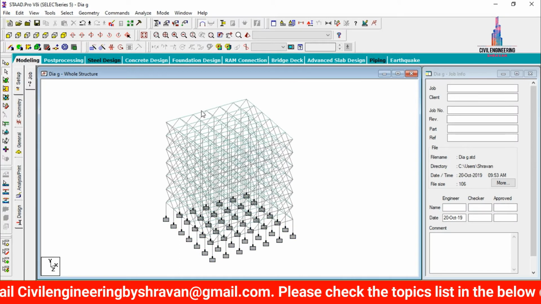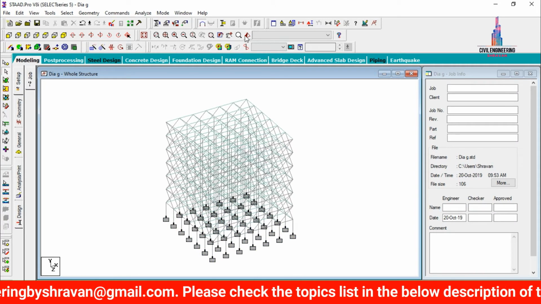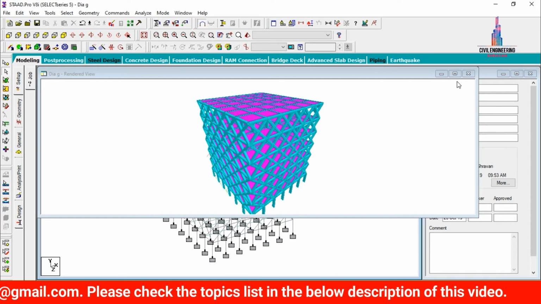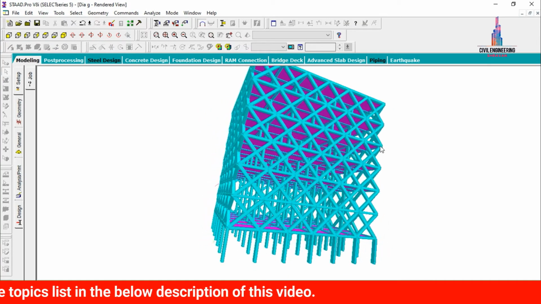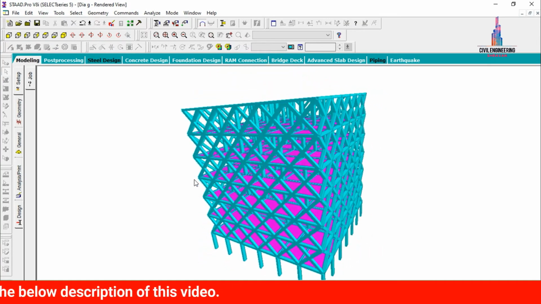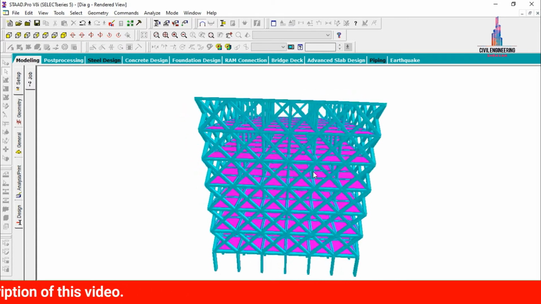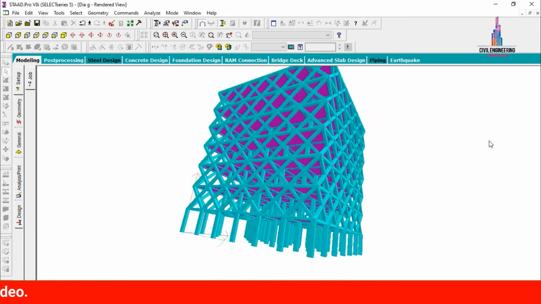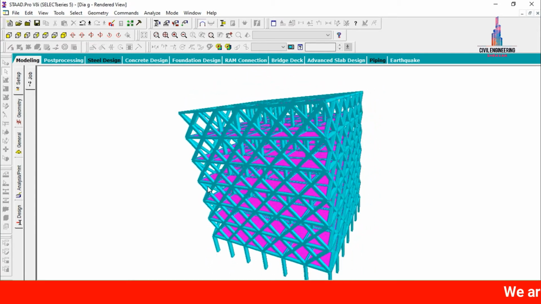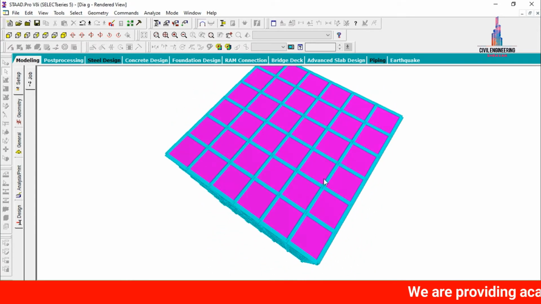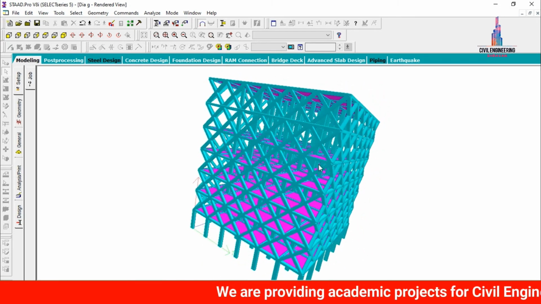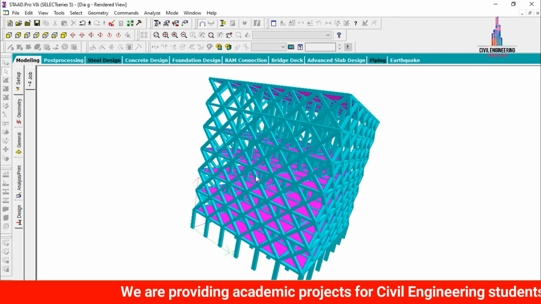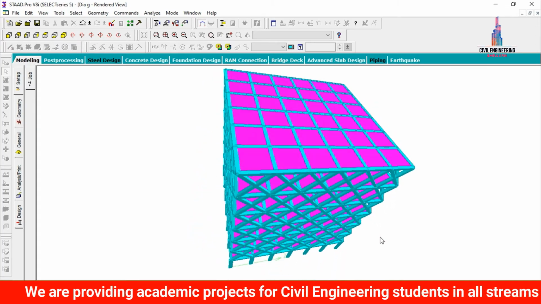Now we have to see this model in rendering view. So for that, click on 3D rendering view option here. So select this 3D rendering view option. So this is the diagrid building which is consisting of G plus 7-story structure. So which is consisting of 0.23 cross 0.5 is the column size, 0.23 cross 0.35 is the beam size, and slab thickness will be consisting of 150 mm and diagrid system will be consisting of 300 mm cross 300 mm. Okay. So this is the properties for this respected diagrid system.